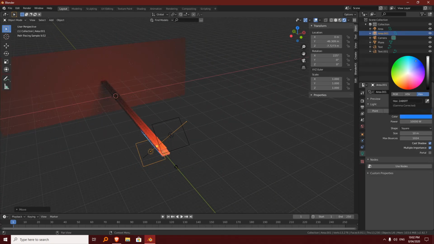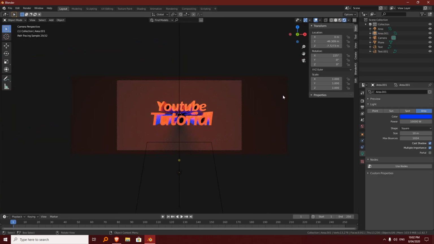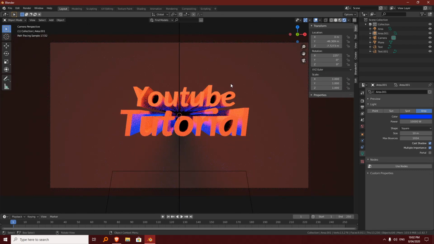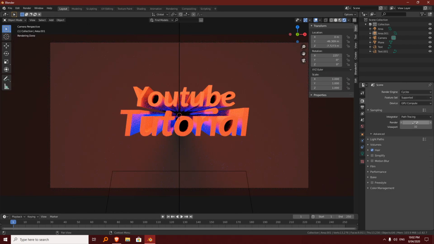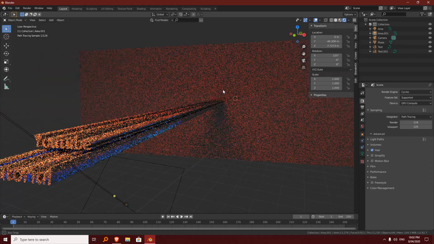I'm going to change this to something like a blue. And I just increase the sample rate, get a bit less of that noise,